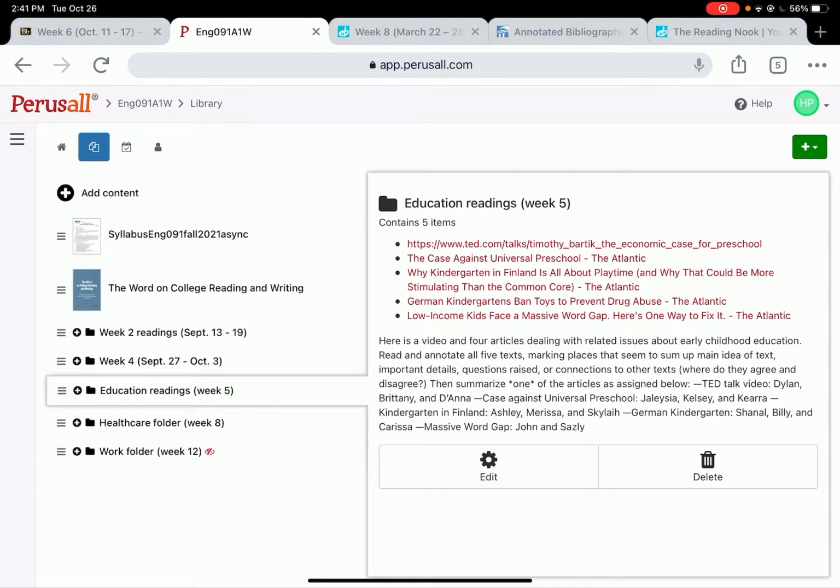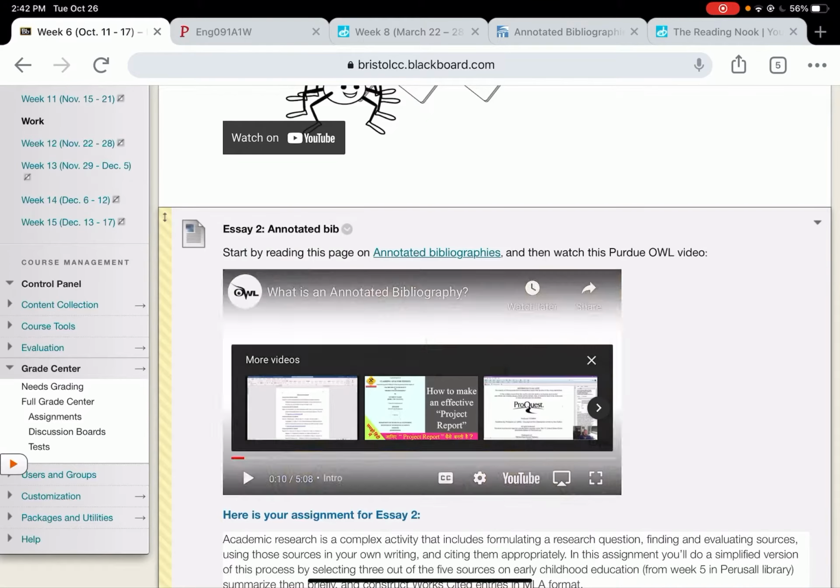So the assignment for the annotated bib asks you to pick 3 out of these 5 to summarize and to do the citation for. So you should have read them all, and then you did a summary of one of them. And then if we go back here,